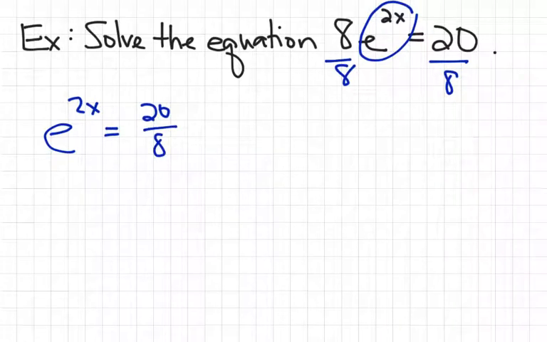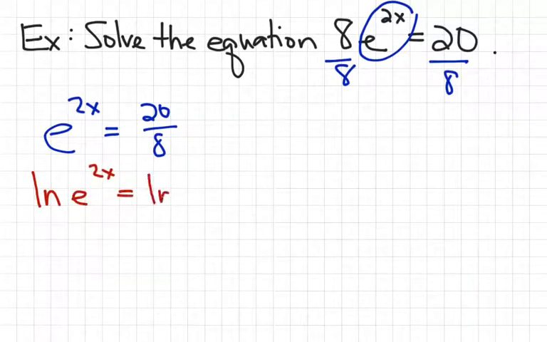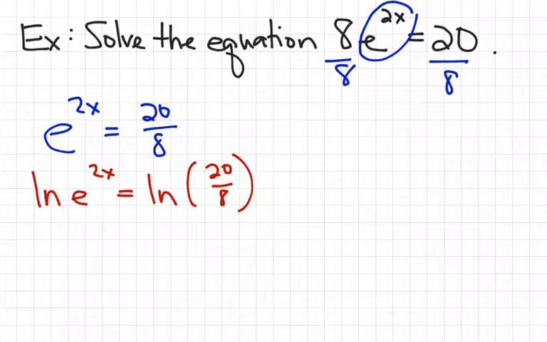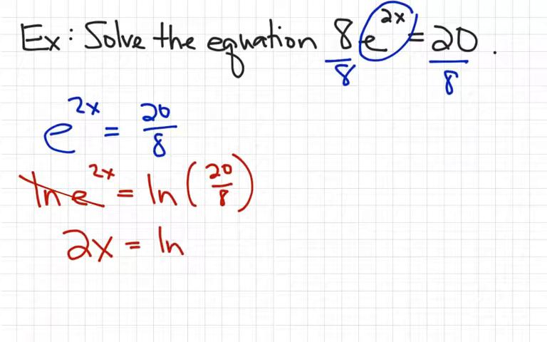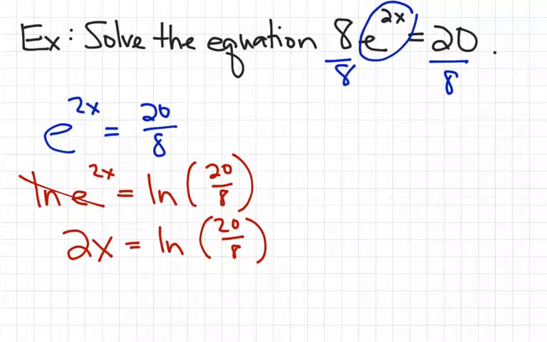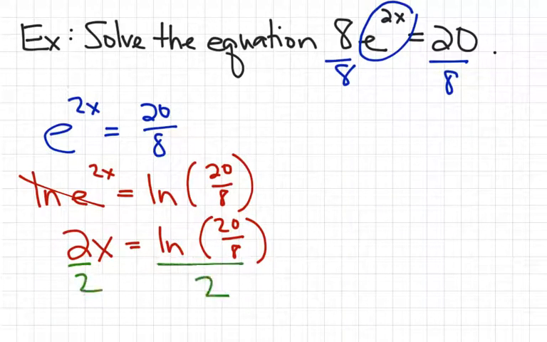Now that the exponential term is isolated, we're going to take the log of both sides. But since the base of this exponent is e, we're not going to use log base 10. We're instead going to use ln, because the natural log and e cancel. So now we're left with 2x is equal to the natural log of 20 over 8. The last step is going to be to divide by 2. So you're going to do the natural log of 20 over 8 and then divide that answer by 2. And you should get approximately